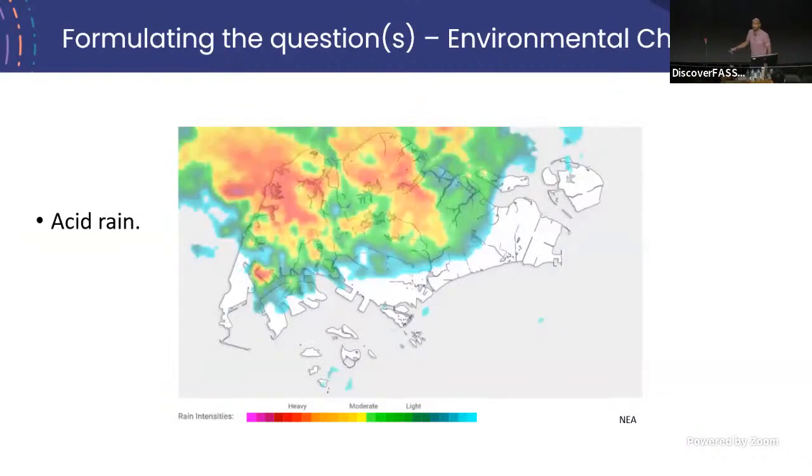What about some of the contemporary issues? One of the most contemporary issues that's affecting us is acid rain. The thing is, rain pH varies, but typically it's acidic, usually around 5.5 or lower. So the rain that falls in Singapore is typically acidic. But it varies because it depends where the clouds or storms form. If they form towards the west, towards Jurong, the pH is typically more acidic.